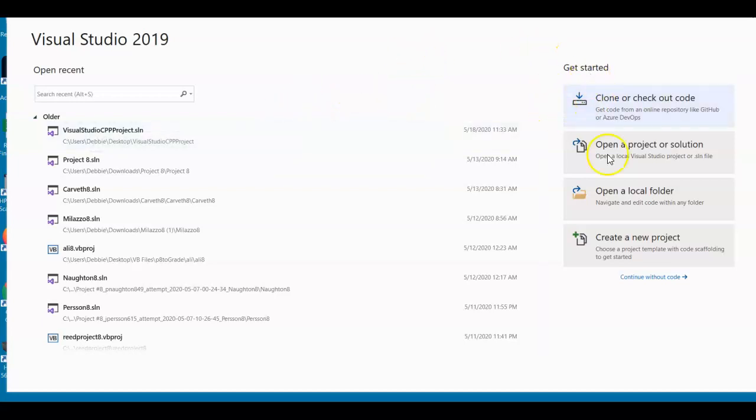Okay, in this video I'm going to show you how to create a project in Visual Studio. You're required to make a project that you'll put your source code in so your source code can run. So if you have the start page, you can create a new project,